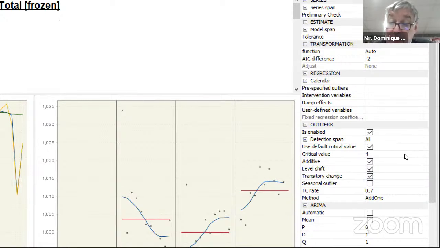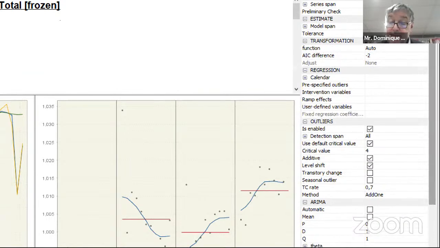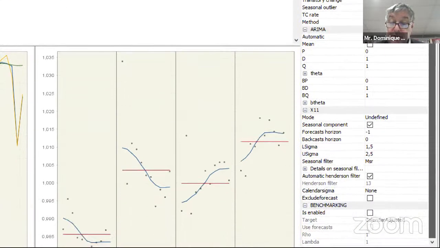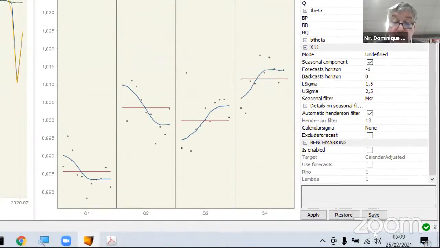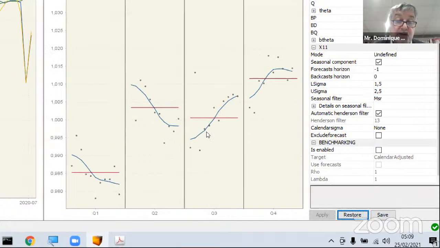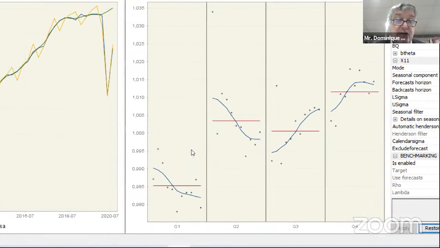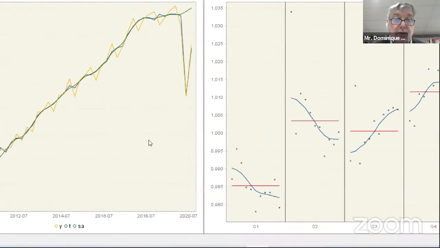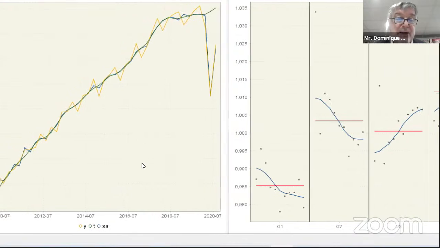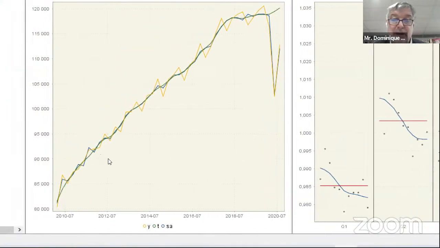So I untick it, okay, and I say I'm going to run the adjustment. So apply. It's done, and you see that a lot of things change, if I can say so. In particular,